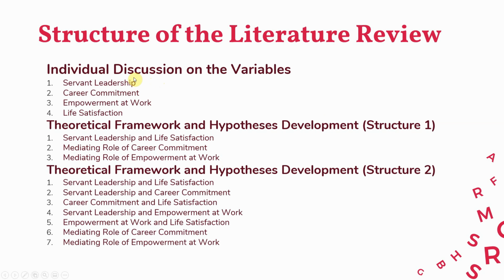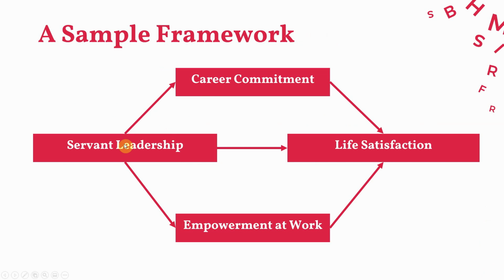Now when you are doing individual discussion on variables, in our case we had 4 variables: servant leadership, career commitment, empowerment at work, and life satisfaction. Career commitment and empowerment at work are our mediators, while servant leadership is the independent variable and life satisfaction is the dependent variable. Now, before we develop the relationship between these variables, as to how servant leadership fosters career commitment, how servant leadership leads to empowerment at work, how servant leadership affects life satisfaction, and how career commitment and empowerment at work could mediate the relationship between servant leadership and life satisfaction,